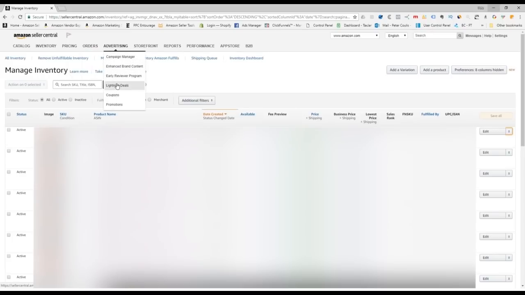You can run a lightning deal if you want. You can set up your coupons and promotions, okay? Storefront probably doesn't apply to most of you since you need to be brand registered in order to have a store. Reports are extremely important for keeping bookkeeping, and you can see exactly what you're bringing in, what you're spending